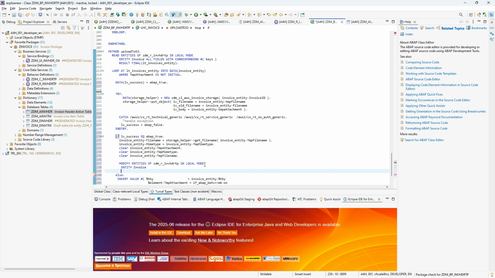And what are we updating? So we need to say update fields, and now we need to pass in a list of fields. So we're updating the temp attachment field. We're updating the file name, the MIME type, and we're also updating this file name and this MIME type. And now we need to provide values. So with value,